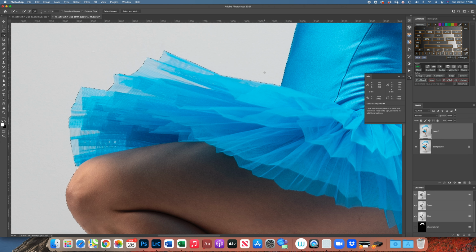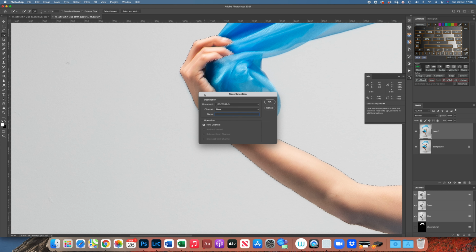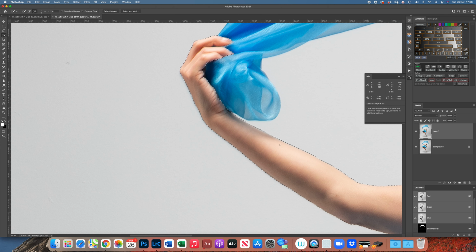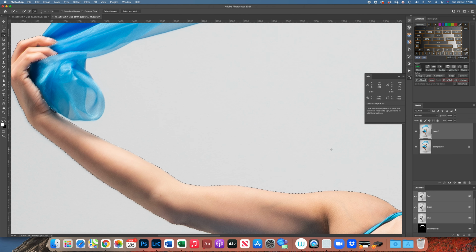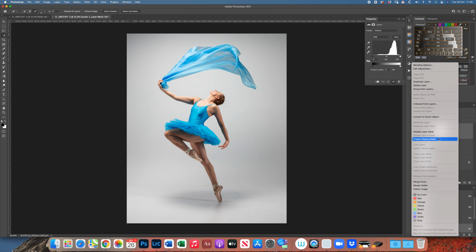So if I'm happy with this selection, I will now just go to select, save selection, and we'll call this Ayla, the name of the model. And I now go Command D to deselect. And this duplicate layer, I am going to put a levels adjustment on it. Levels, create a clipping mask,